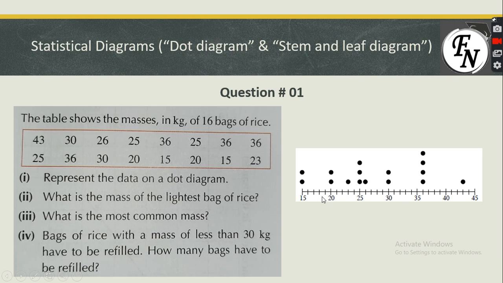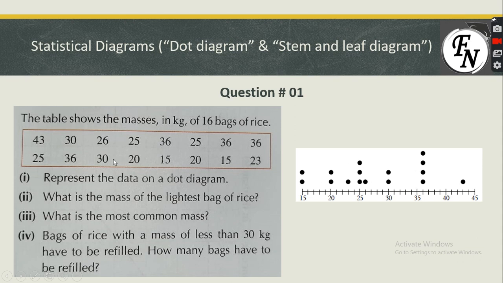First of all, we need to understand that we have the smallest value as 15 and the largest value as 43. So we have drawn till 45. We may exceed these numbers, we may draw till 50 and we may start from 0, but that is not an issue, though that won't be a required part of our diagram. That would remain unused. So I have made the diagram as small as possible.